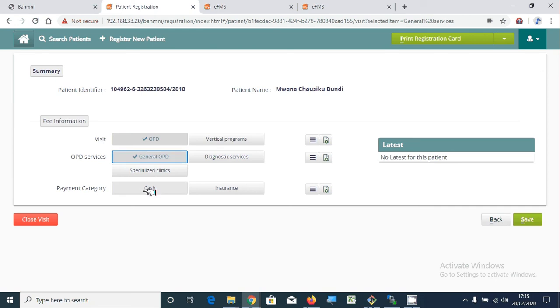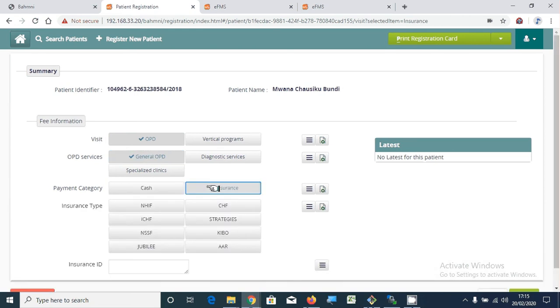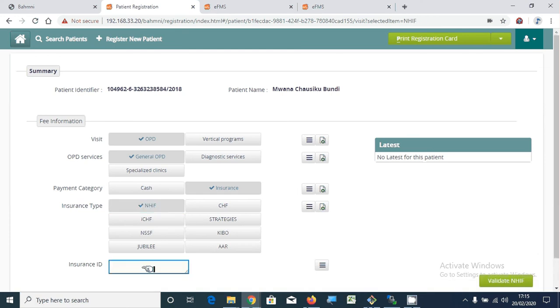Now my facility recognizes these populated insurances, as you can see: NHIF, ICHF, NSSF, Jubilee, AAR, Kibo, Strategies, and CHIF. That's how we show them. But for our system, AfyaCare communicates with the NHIF system. So if for example the patient is NHIF, if I click NHIF, I will be forced to enter the NHIF ID. Now, if I have a proper NHIF number,